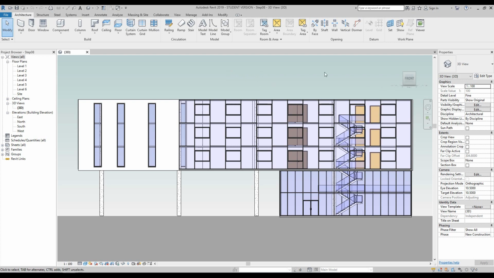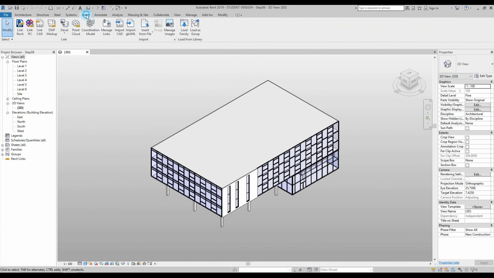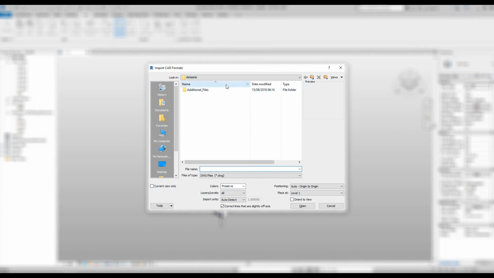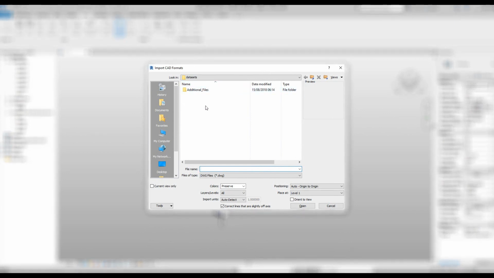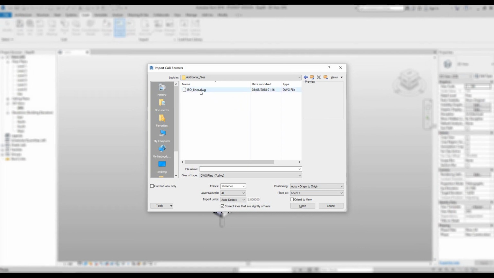So let's get started. In your view cube in the top right hand corner, I would like you to pick the top left section of the cube, and at the very top at the ribbon I would like you to select the insert tab and then go to the import section, and I want you to press the import CAD button. From here you should be able to navigate to the data sets that I've given you and go to additional files. We now want to isolate the ISO lines DWG, and before we press open I would like you to